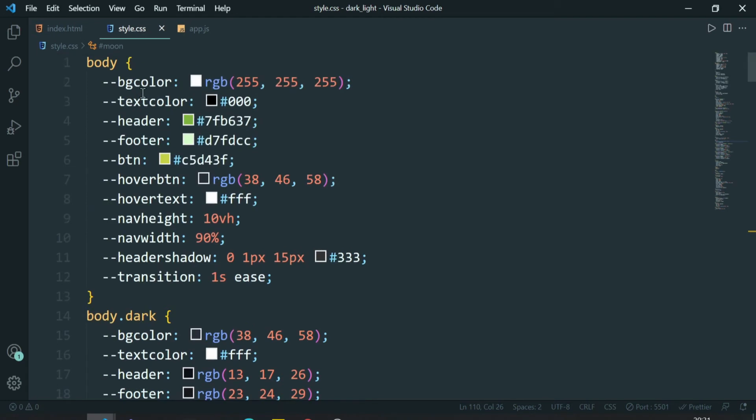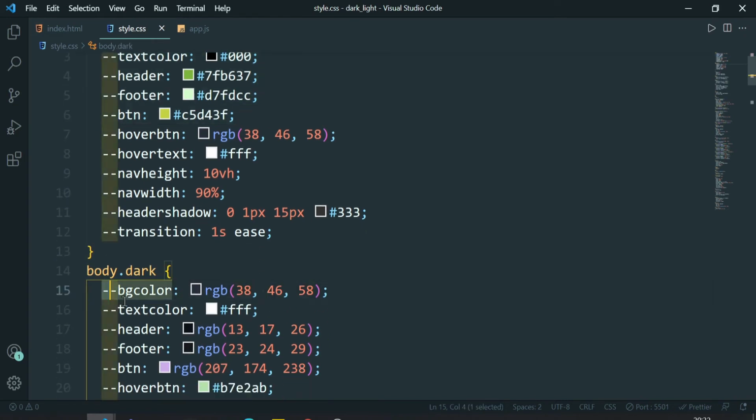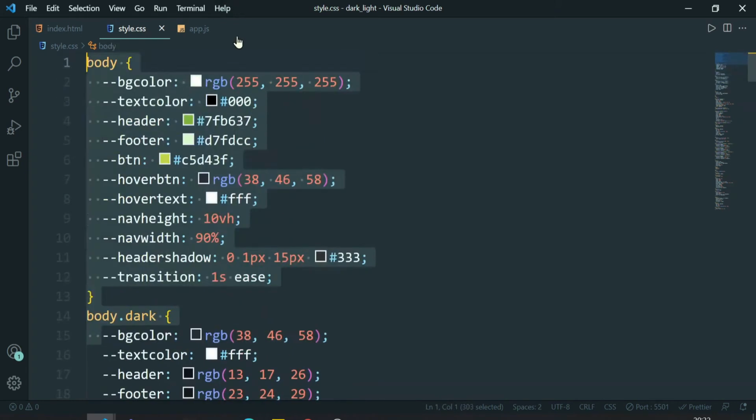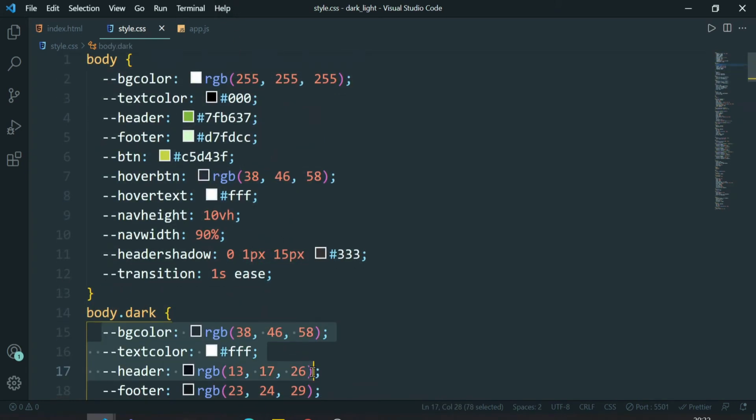Basically we have given the bg color for our body, which is just a simple body, the light theme of our web page, and we have given all the colors we want to use in our light theme page, and then we have declared all the colors that I want to use for my dark theme page.